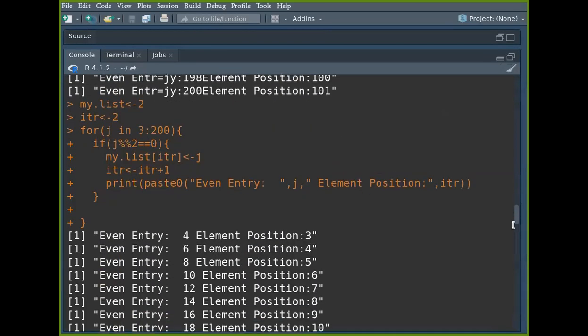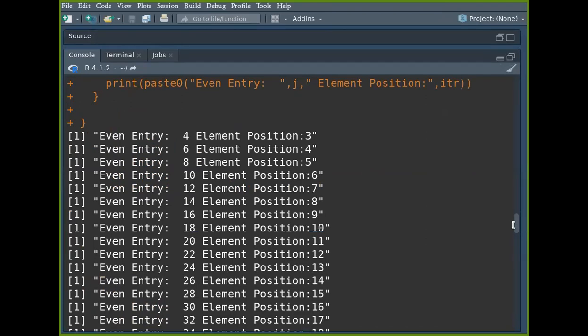So it tells you every time it enters an even number. So the first even entry, 4. That is the only time the if condition will be true. Then 6, then 8. So as I move along, I'm going to save the elements in position 2, 3, 4,